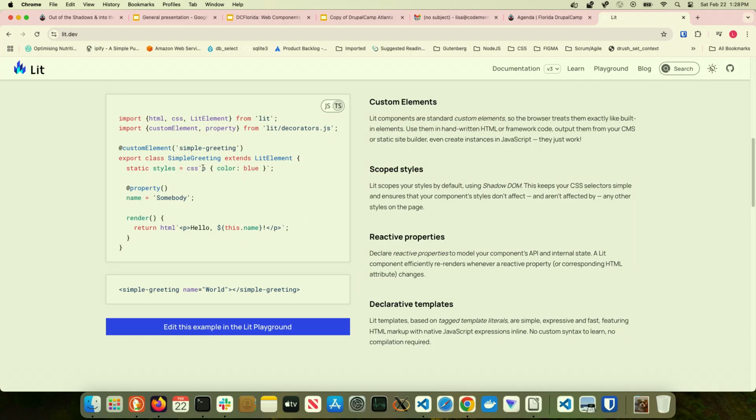Looks like we're styling some P tags. We're styling them as blue. We have a property that we are calling somebody. So if you load the web greeting without a name attribute, it's going to say, hello somebody. If you add an attribute into the web component here, it's going to say hello world. So the way that you would style this is,